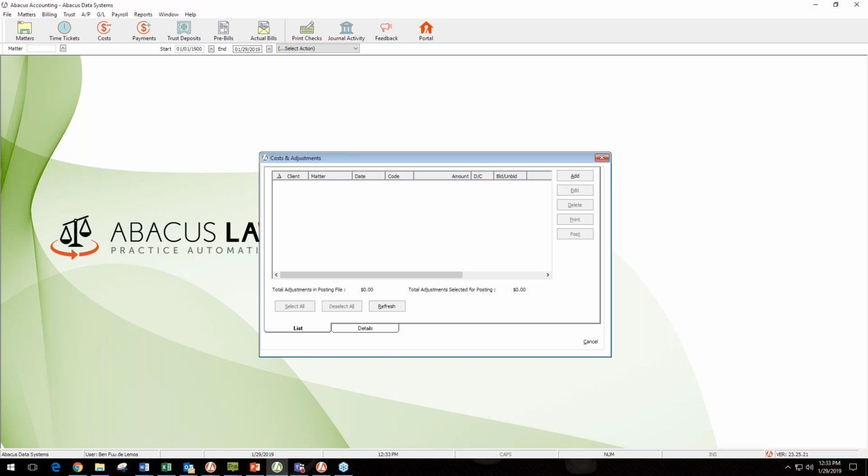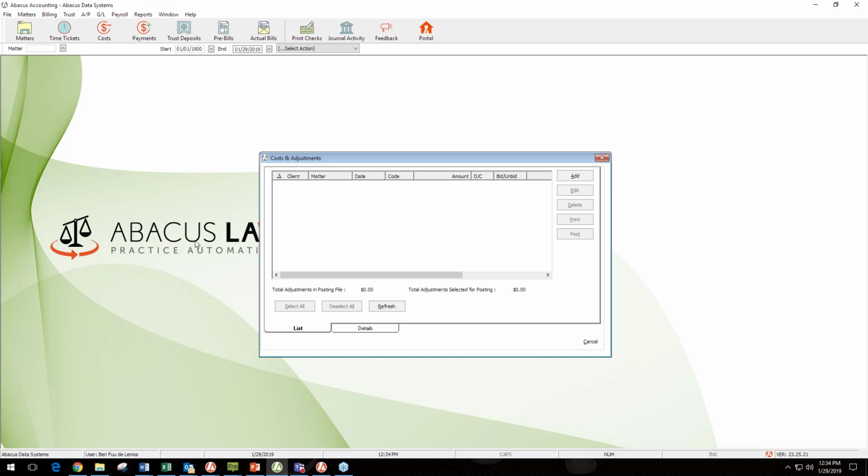Then I want to make sure you understand how you double check your work. How do you know that you've entered a photocopy charge? Let's say you don't remember, and you have so much on your plate, or you're one of those individuals who really likes to double check their work. What is going to assist in double checking that work? That's going to be the good old matter billing activity, or the matter billing detail. I'm just going to walk you through an example of how you can utilize that matter billing detail